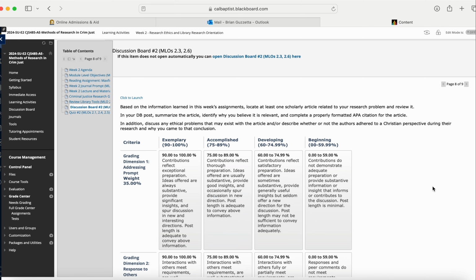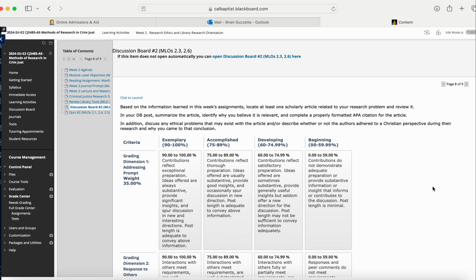So some key points: I want you to find a scholarly article. I want you to use proper APA citation, and then you are going to use the remainder to describe the ethical considerations. Remember, our first discussion board prompt is due on day 3, and we then follow up with 2 of our colleagues.